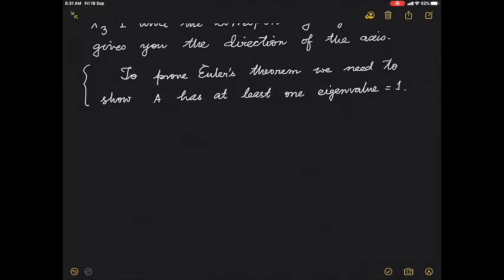But when I set it in a mathematical form, where I know what type of matrices A can be, they are the orthogonal matrices. Now, all I have to show to prove Euler's theorem is that the orthogonal matrices have at least one eigenvalue equal to 1. That's all. That will prove Euler's theorem, and that is a fairly easier statement to prove. Before I go there, let me tell you some properties it will have once I prove it to have one eigenvalue. So let us look at the properties